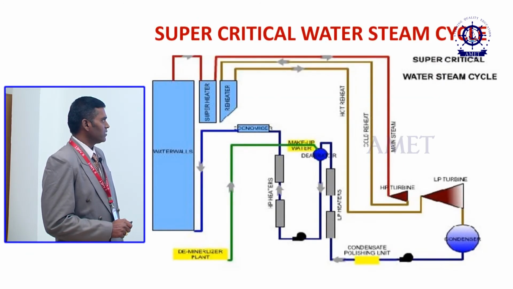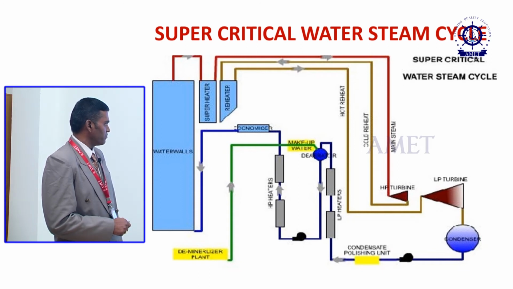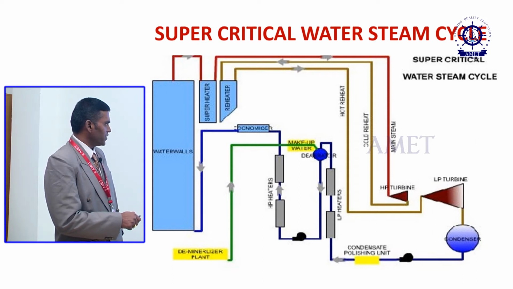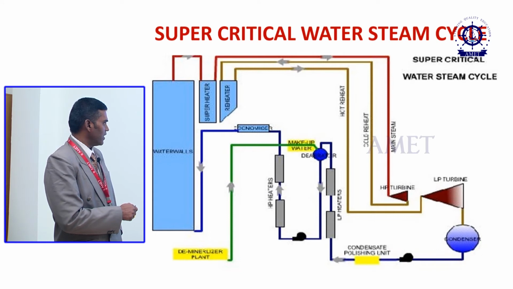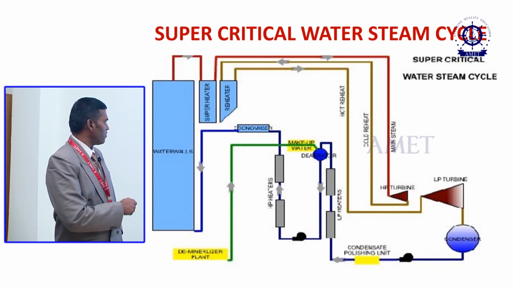In the supercritical water steam cycle, there is a small difference between the subcritical and supercritical steam cycles. If you see the case, again there is a demineralized water system, and it enters the makeup water into the unit. From the unit, partially or completely it may enter the HP heaters, the economizer, and the water wall tubes, not through the superheater or any other line. From the water wall tubes, the outlet, which is provided with superheated steam, enters the main steam line which goes to the HP turbine area.